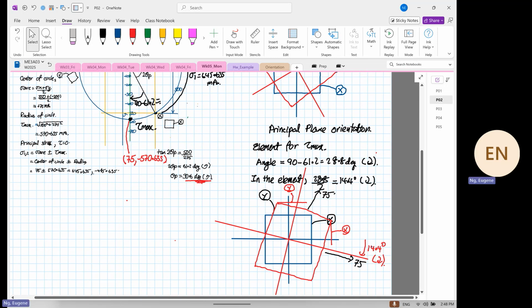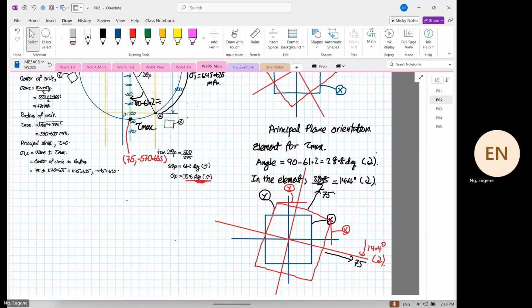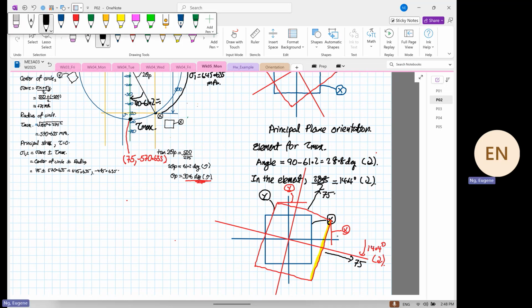Now, the next thing I want you to do, watch me. Don't write anything. If you write something, you'll get lost. Watch me. Now, I'm interested in this surface over here. And to get to that surface, I need to rotate